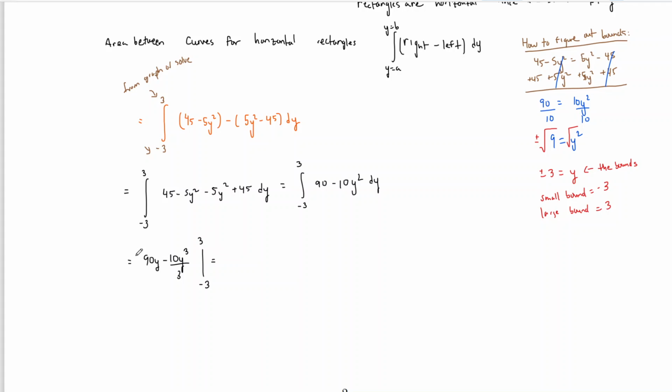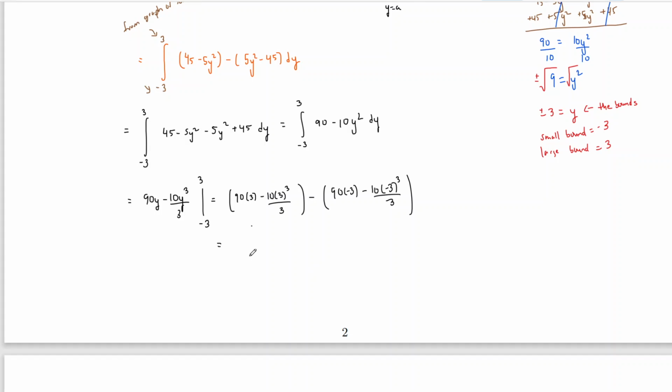All right, so let's go ahead and plug it in. We plug in y equals 3. We get 90 times 3 minus 10 times 3 cubed over 3, minus, and then we plug in -3: 90 times -3 minus 10 times -3 cubed over 3. And just simplify, preferably by hand, but if you want to use a calculator, it's not the end of the world. 90 times 3 is 270 minus